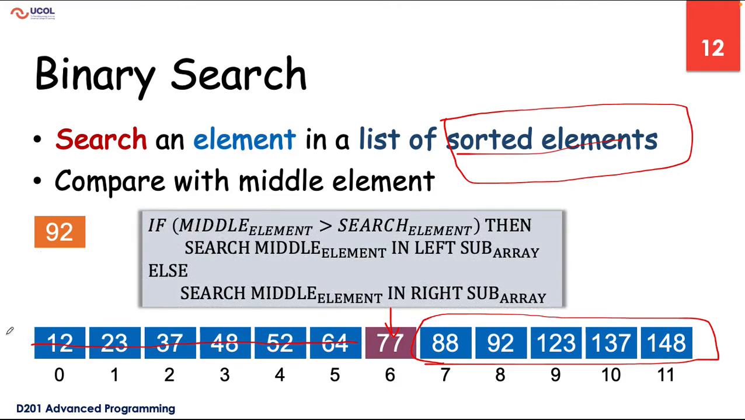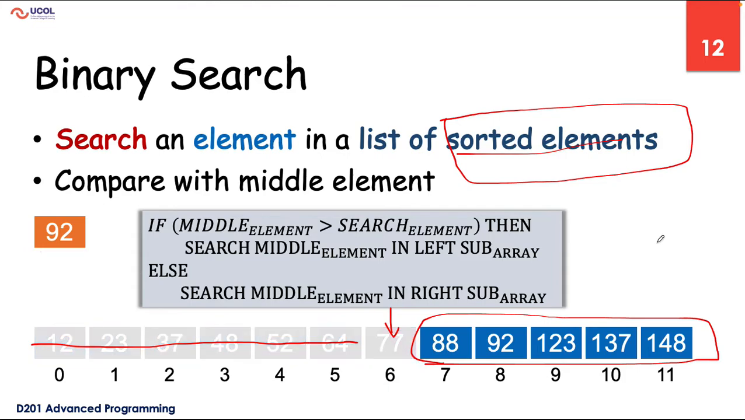Okay, so we have this algorithm. If the middle element is greater than the search element, then search in the left subarray. If the element that we are searching for is less than the middle, we look into the left subarray. Or if this element is greater than the middle element, then we look into the right subarray. So every time we are reducing the size of the problem to half. This part doesn't need to be looked into, only the right side of the problem,